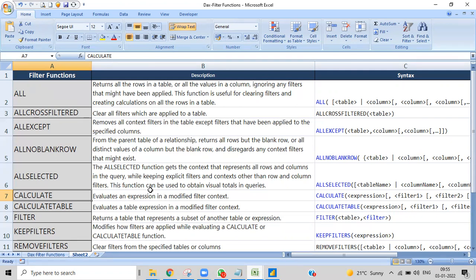Okay, that's all for today. And then I'll send this function space link, and you can practice on that, with the same table that we are already practicing, the Superstore data.